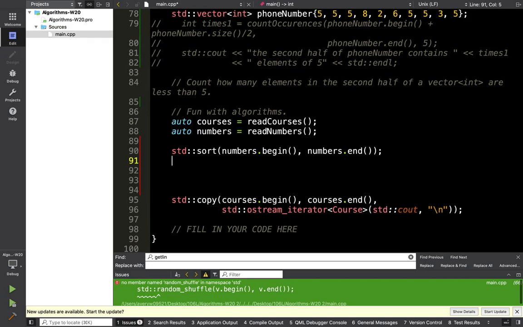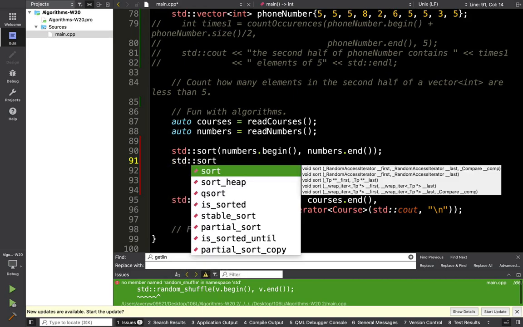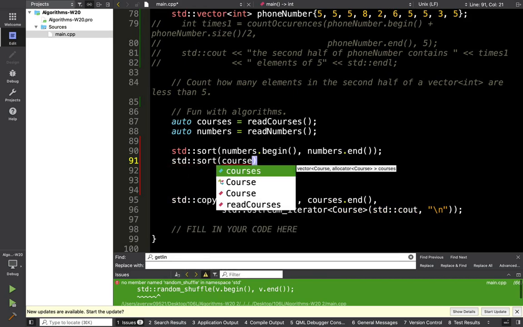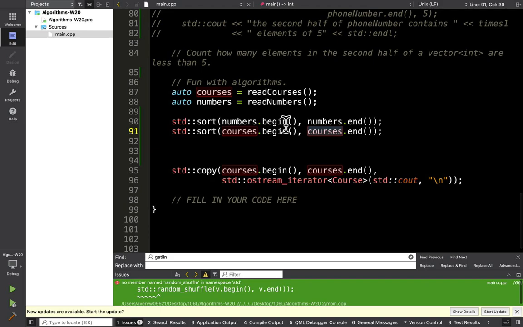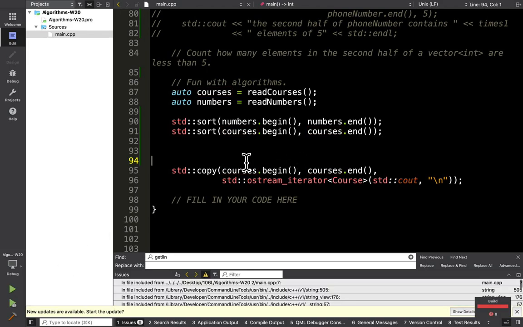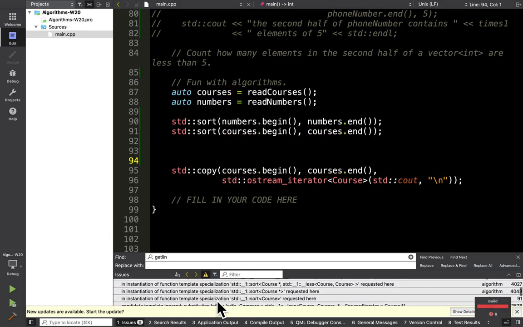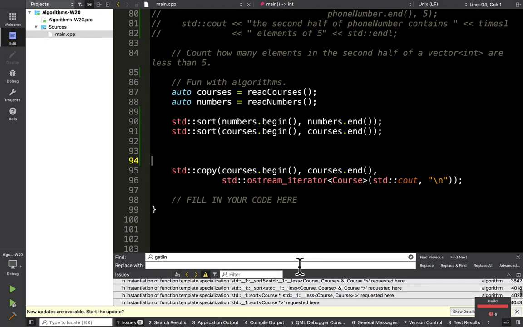What else? Okay, let's say we want to sort the courses. So let's say we want to sort the courses by their rating. If I did that, I'll probably get a compiler error. Any guesses as to why we don't get a compiler error? That's odd. We should get a compiler error. Yes, we did. Finally. We did get a compiler error, and you'll see that the compiler error is kind